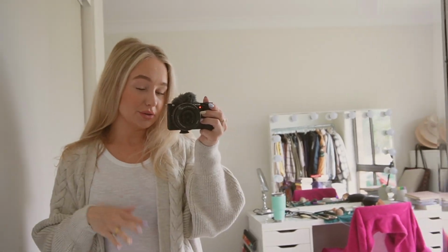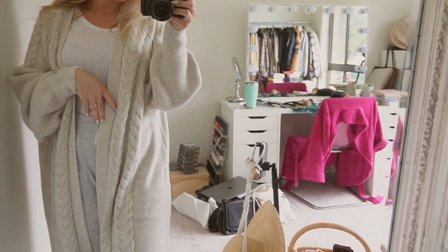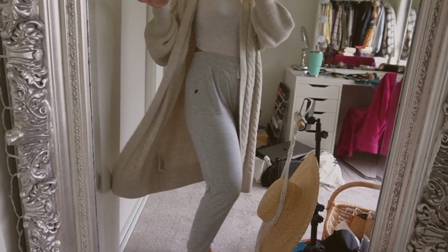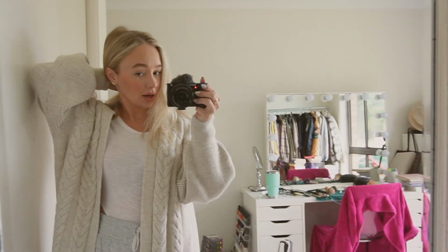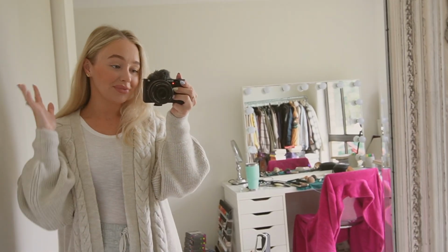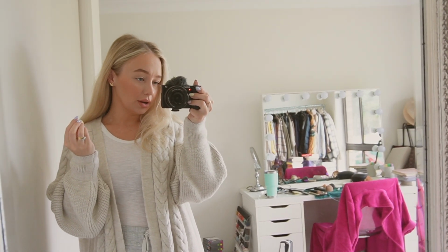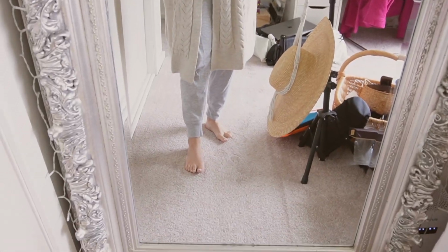Anywho, I've just popped on this white long sleeve, which is from White Fox last year, some Cotton On trackies, and then this lovely new knitted cardigan, which I actually really love, and is from ASOS just a couple of weeks ago. So if I can find it still, I will be able to find it because it'll be in my order history. I'll have it linked below if anybody's interested. I'm just going to pop some Uggs on my little feet